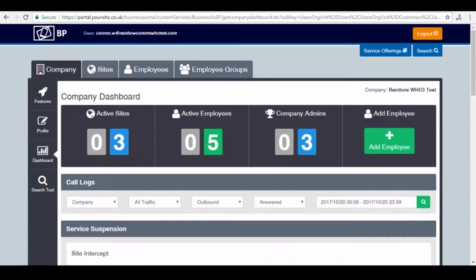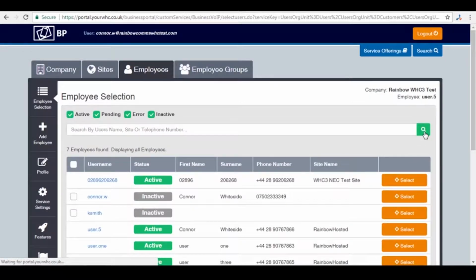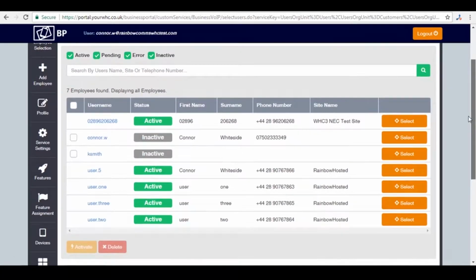First thing we want to do is log in, and we're going to click on Employees. We can either type the name of the employee we're looking for, or you can use the green search magnifying glass on the right hand side. If the search results are too large, you will have to filter by name. Scrolling down the page, we're going to click Select on the employee you wish to configure,